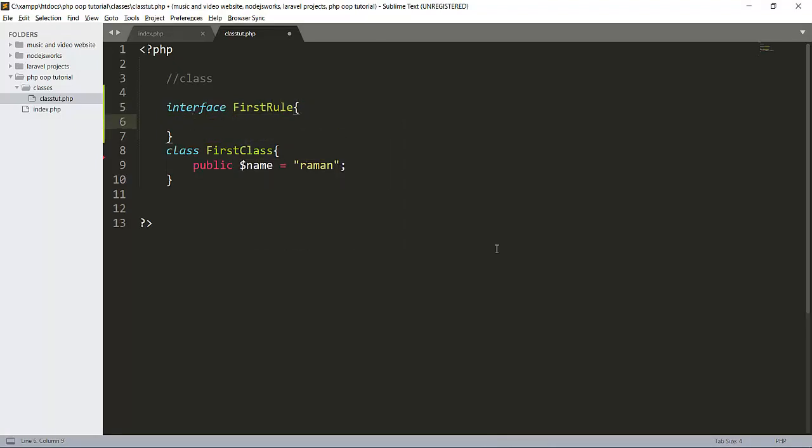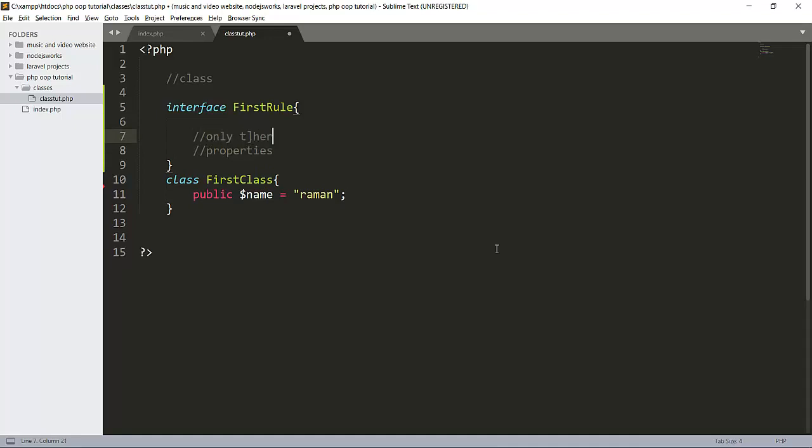In an interface there can be only member functions declared. We cannot make data members here.